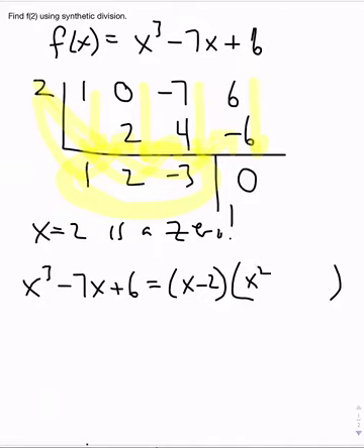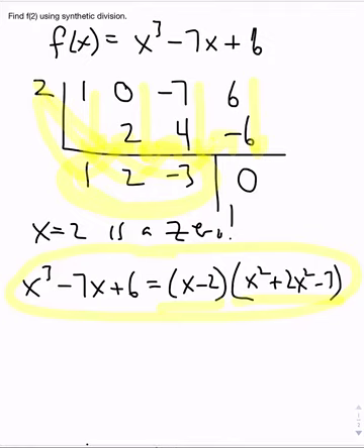We started with cube, so now we're degree 2, plus 2x minus 3. So that's big news. Whenever we have a 0, not only do we know we have an x-intercept, but the synthetic division process actually tells us how to start the factoring of our polynomial. So x cubed minus 7x plus 6 will be x minus 2 times x squared plus 2x minus 3,